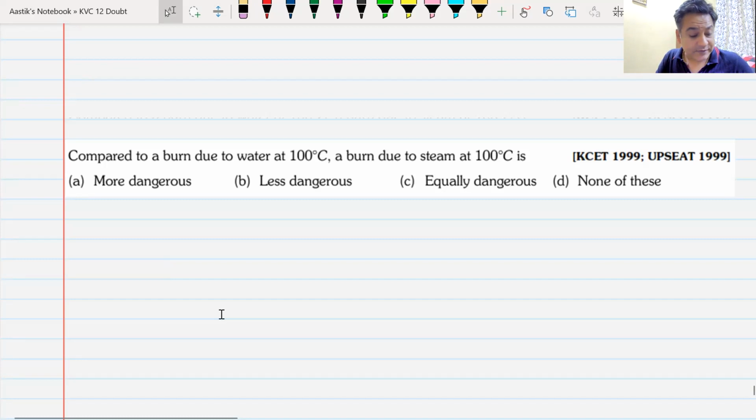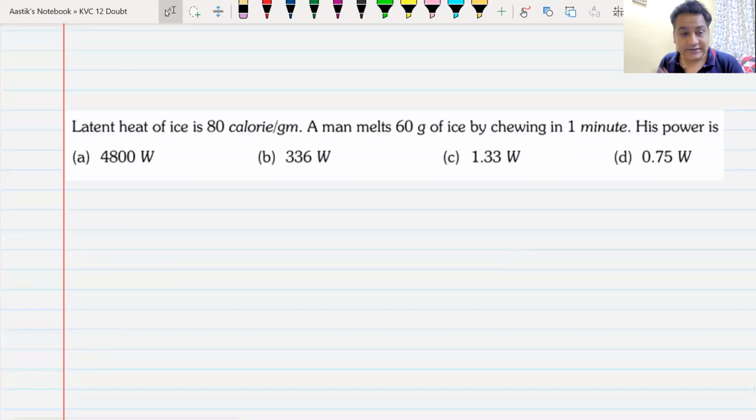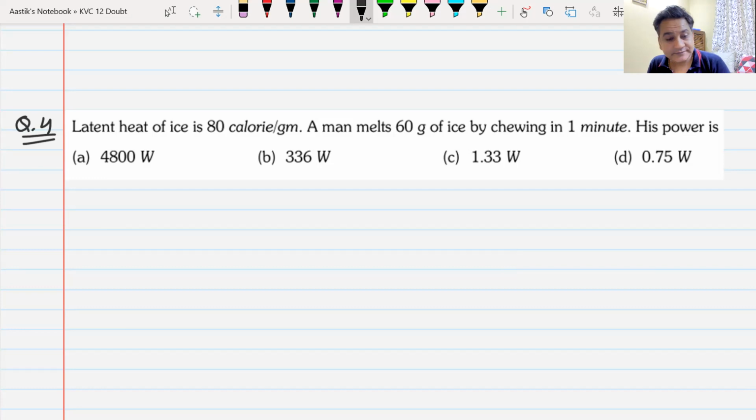This is a type of question I've seen many times in many exams. This is taken from one of the previous papers of JEE Main. I can't change any value here. Question number 4: latent heat of ice is 80 calories per gram. A man melts 40 grams of ice by chewing in 1 minute. He's an ice chewing man. His power is